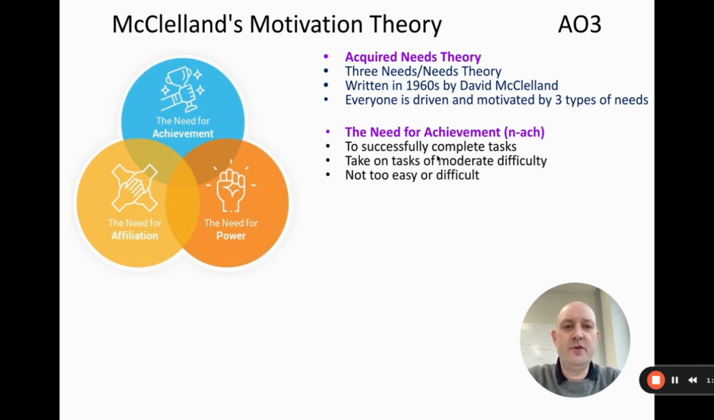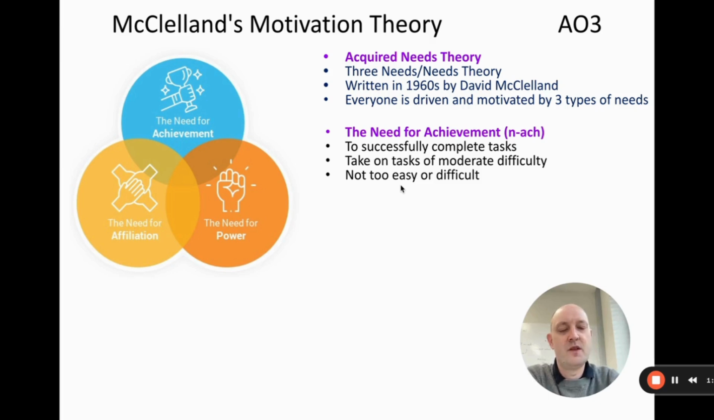The need for achievement is the feeling of being able to successfully complete tasks. I think this is quite self-explanatory. When we feel that we achieve something, we are motivated by that thing. But what's interesting here, he said, is that employees should take on tasks of moderate difficulty. What that means is, if we do tasks that are too easy, then that's not motivational because we know we